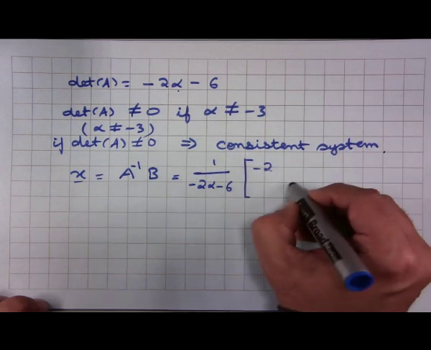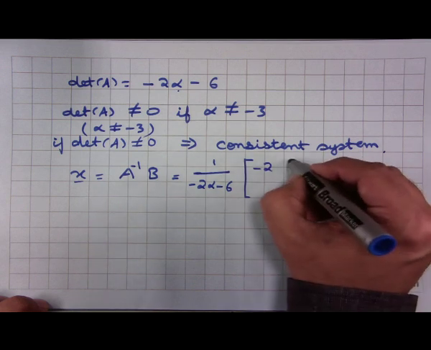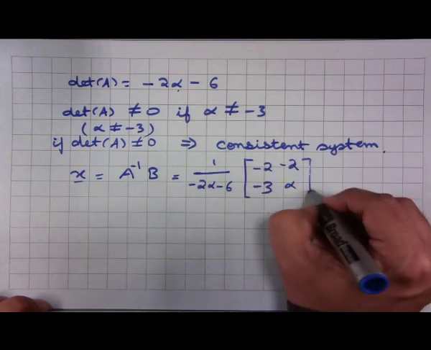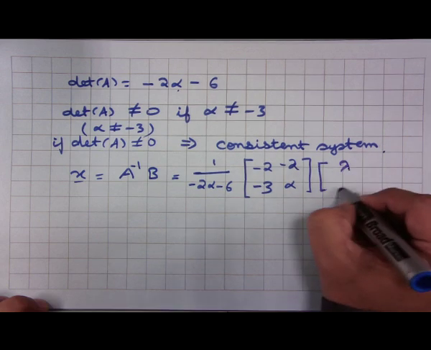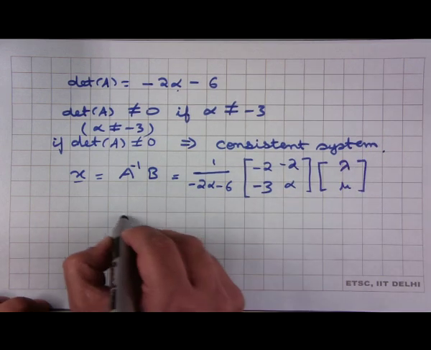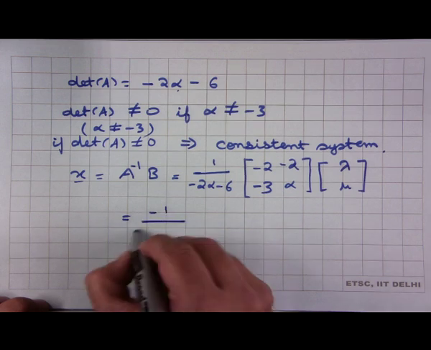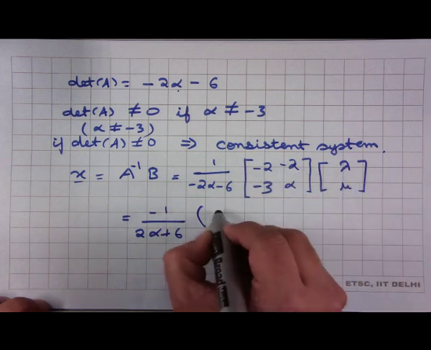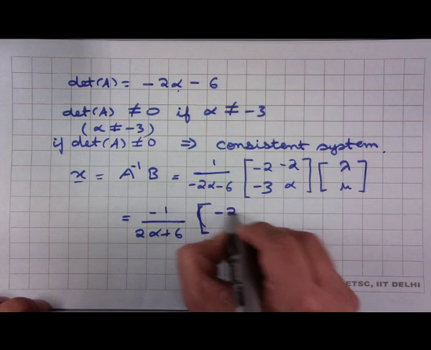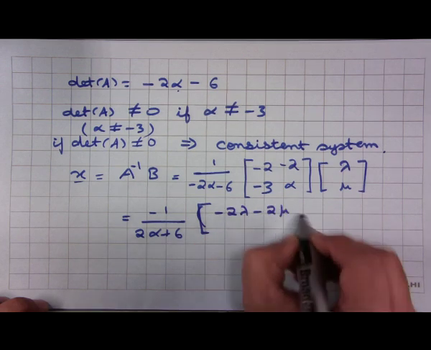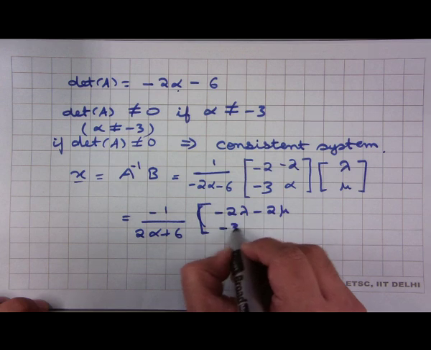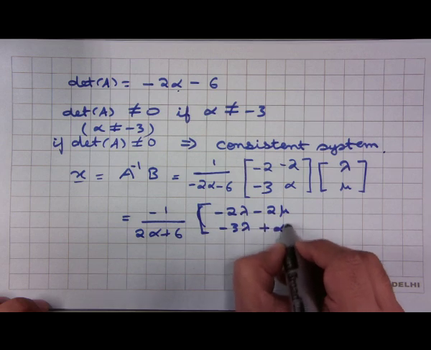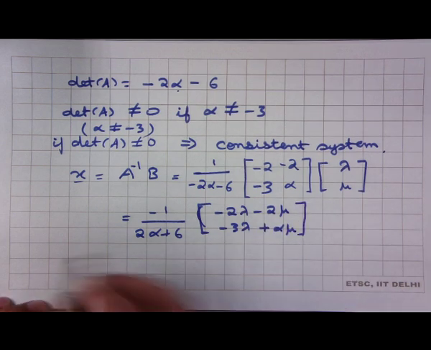So, that is minus 2 alpha, 2, minus 2, minus 3, and then lambda and mu. So, what we have here is minus 1 by 2 alpha plus 6 and minus 2 lambda minus 2 mu and minus 3 lambda plus alpha mu. So, as you can see there is only one solution